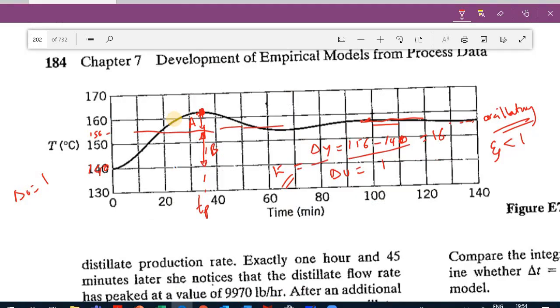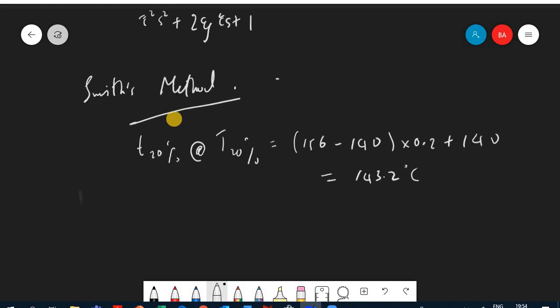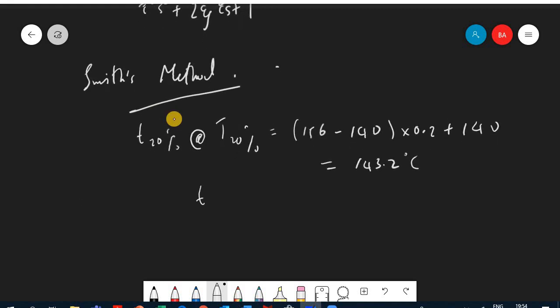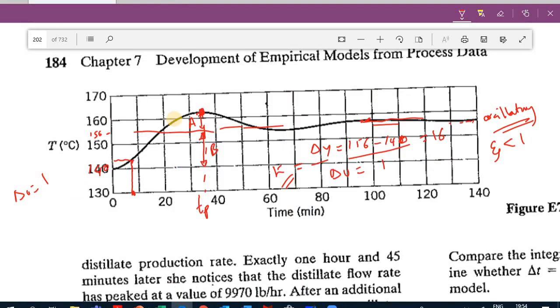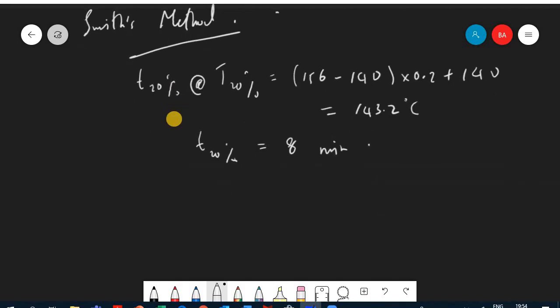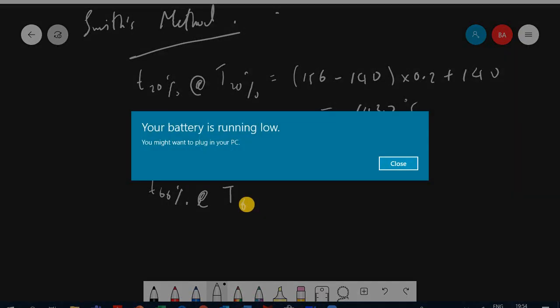And 143.2 degrees centigrade, if you go here, it's something like 8 for example. So T20% here, I'm going to consider it as 8 minutes. I think we are dealing with minutes here, right? And if you go to T60%, so if I want to find T60%,